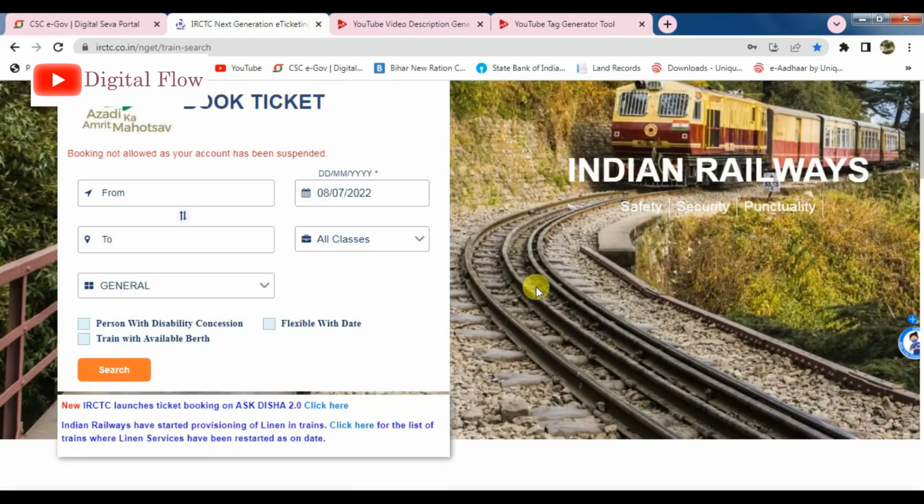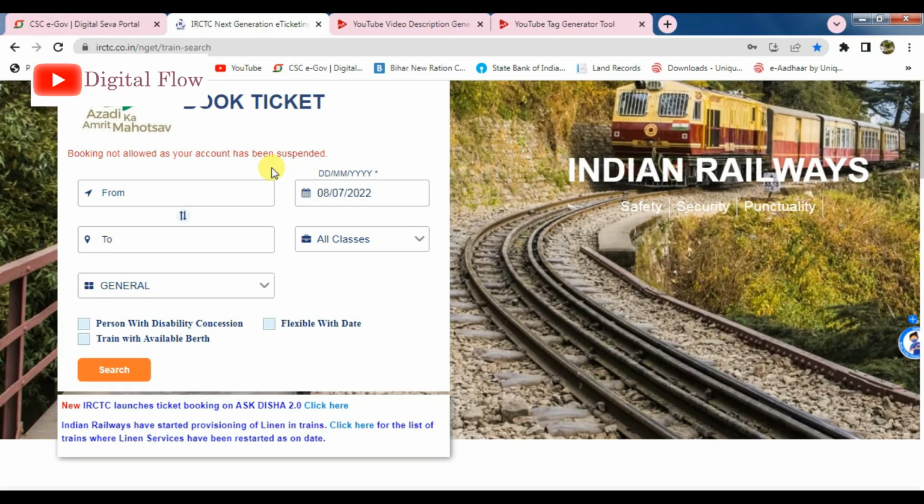First of all, I have logged into my IRCTC agent account from CSC in the regular portal. Here it says booking not allowed as your account has been suspended, which means you cannot book any more tickets from the old website. Now the question is how we will book IRCTC tickets, where and how.